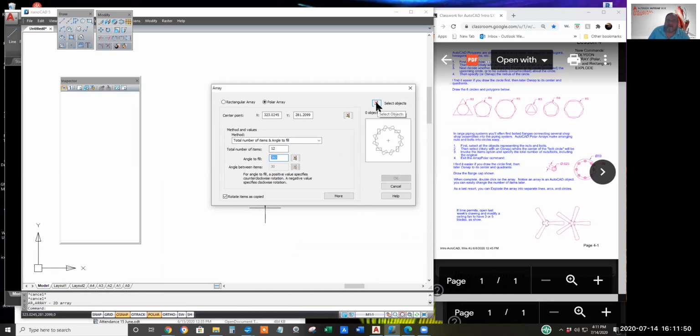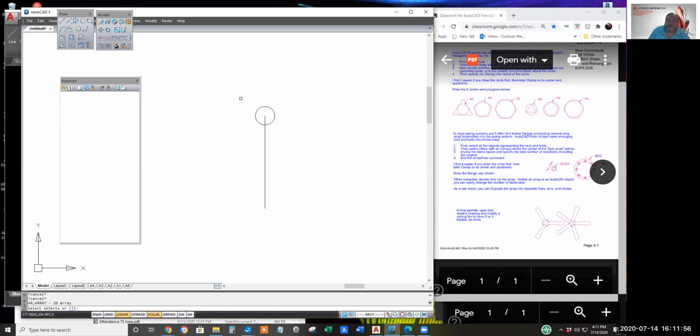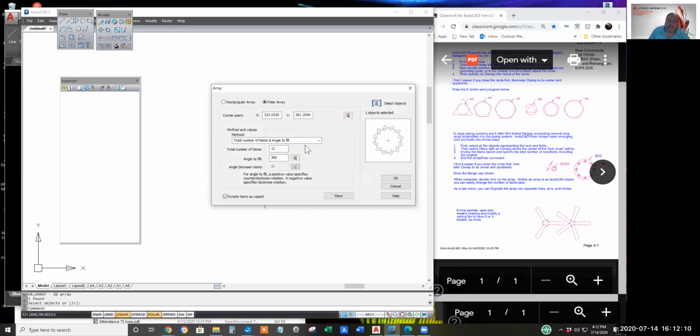We haven't selected objects yet. Let's click on the select object button here, and that'll allow us to use windowing. Hit enter when the circle or the hexagon or whatever it is we are replicating. Hit enter. Click OK.